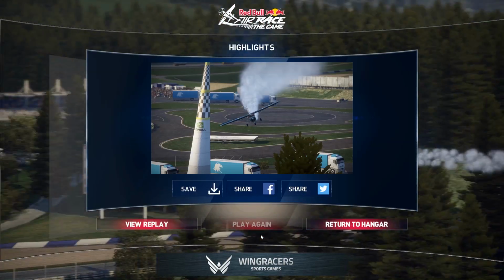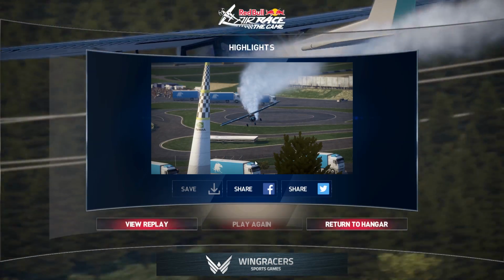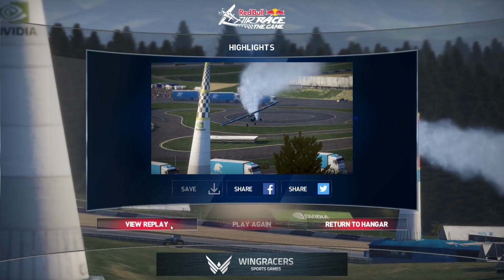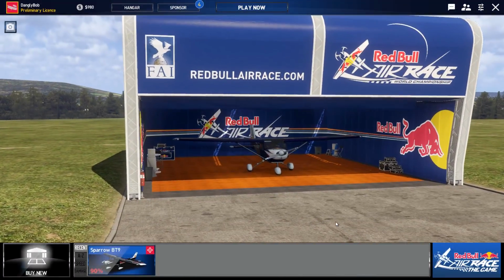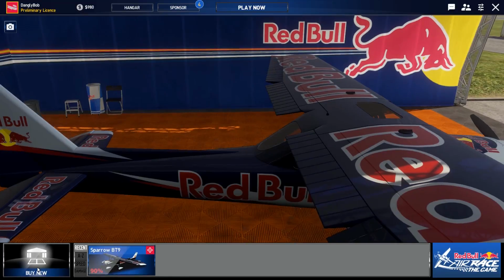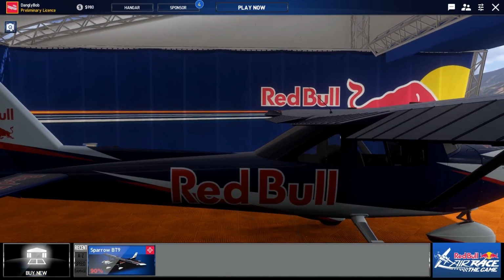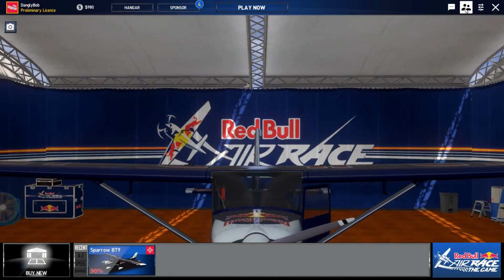Excellent. Right, well, we'll go for next. We'll go for save. Brilliant. Let's go for a hangar rather than watching it again. Now, if I come back into the hangar, the game is still an alpha or beta, I can't remember which, but there's no instructions with this. Going to come into, I want to change the